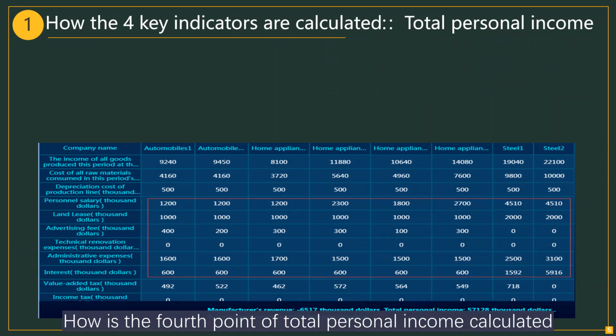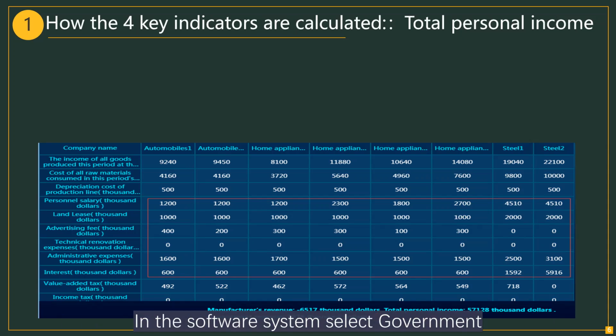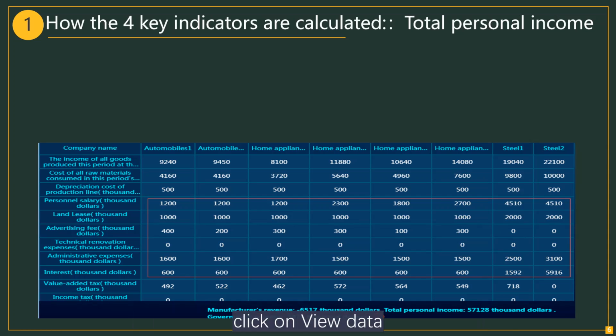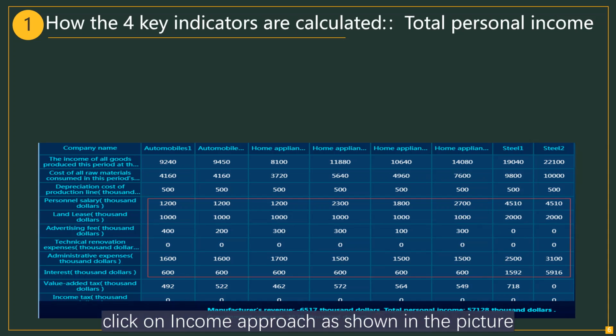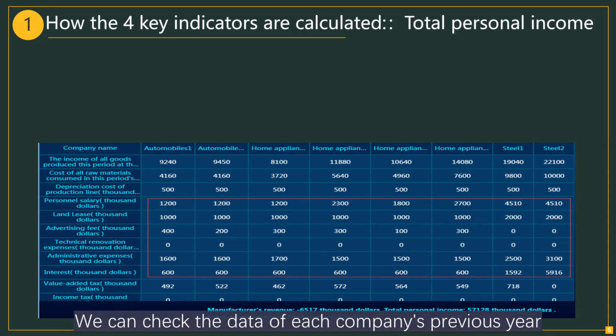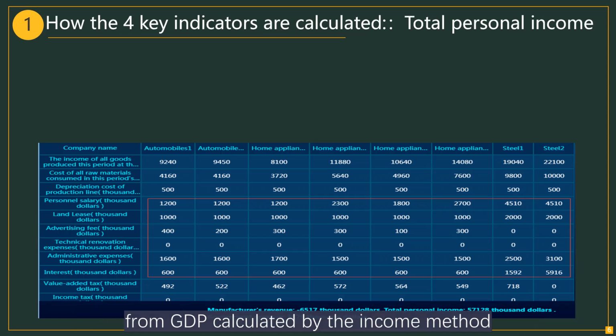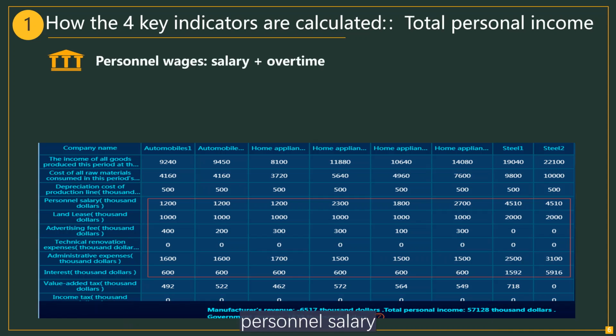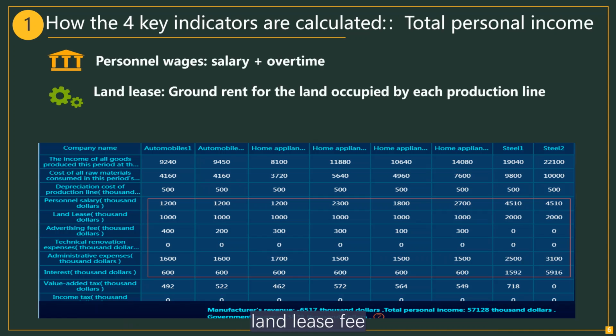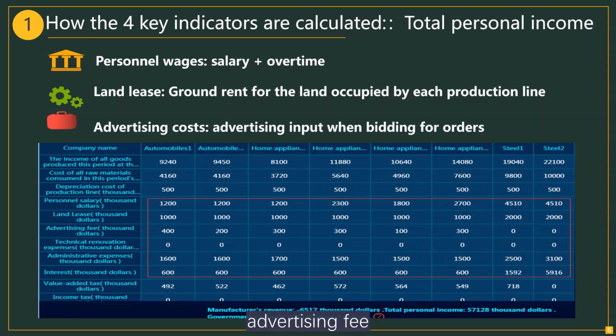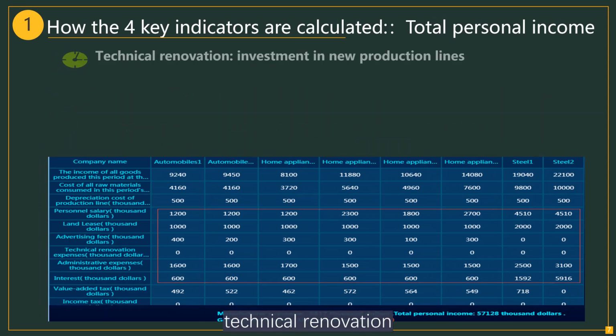How is the fourth point, total personal income, calculated? In the software system, select Government. Click on View Data. Click on Income Approach as shown in the picture. We can check the data of each company's previous year from GDP calculated by the income method. Personnel salary, land lease fee, advertising fee, technical renovation,